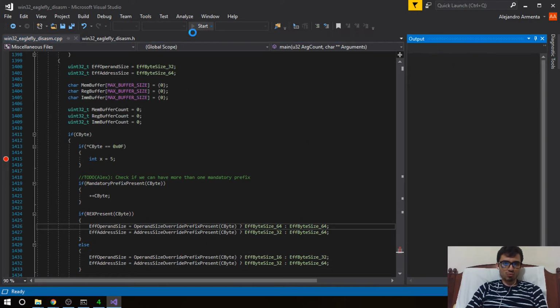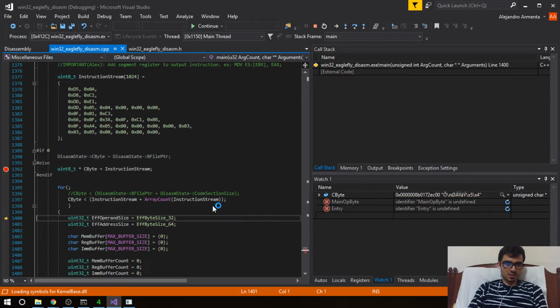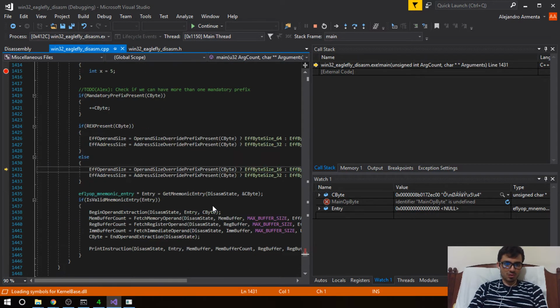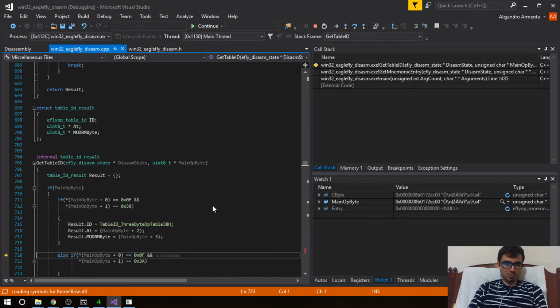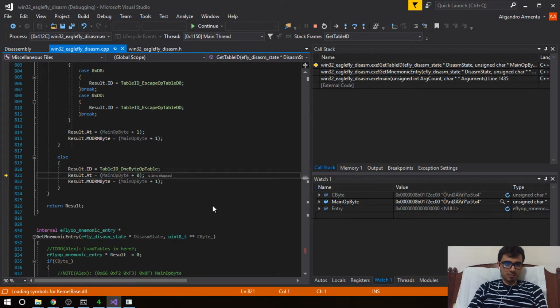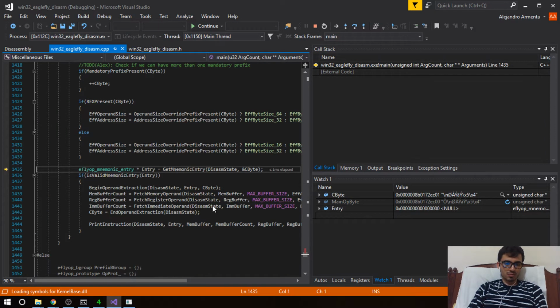We're just going to say that we do the same stuff. Oh my god, there you go. We have a table ID. We have a 1 byte with a modern byte. We've got to get an entry index, we already know that. So we got the result, and we return the result,